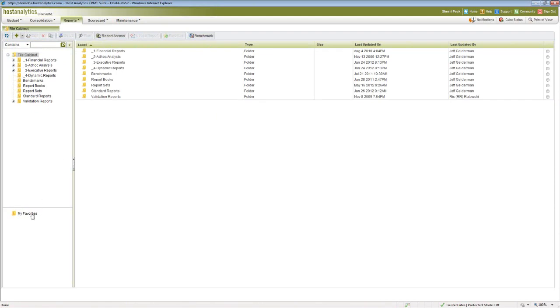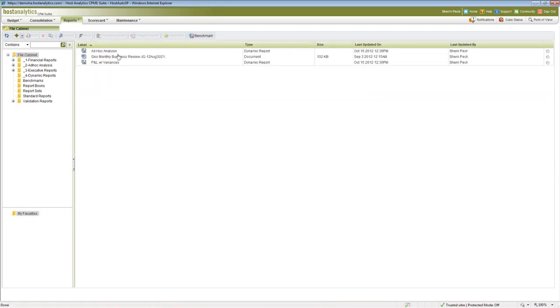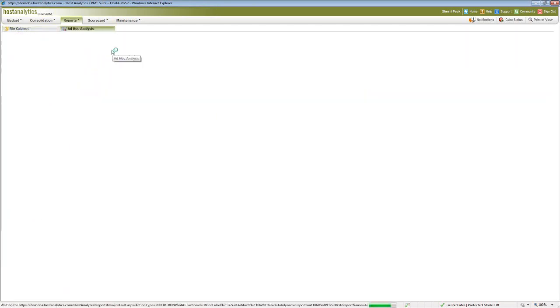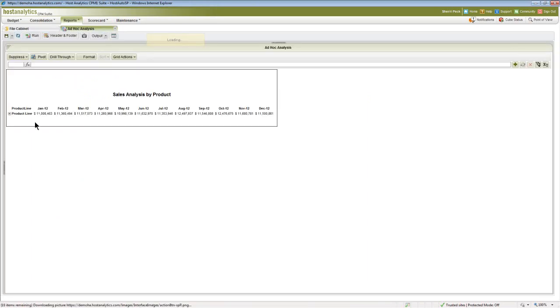And one thing I'd like to show you is what this does is allow you to report on your information in the same dimensions, how you organize your business or how you report and want to generate your budget. So the first report I'm showing you is by product line. And this is showing me my sales analysis, and I can start drilling down.